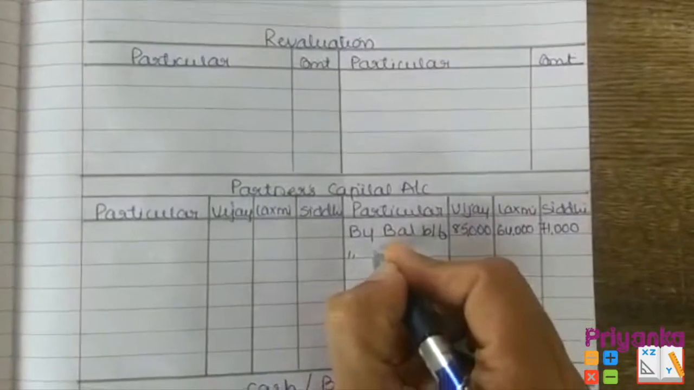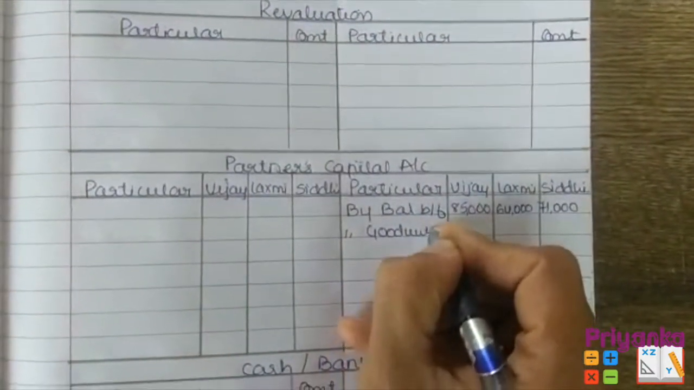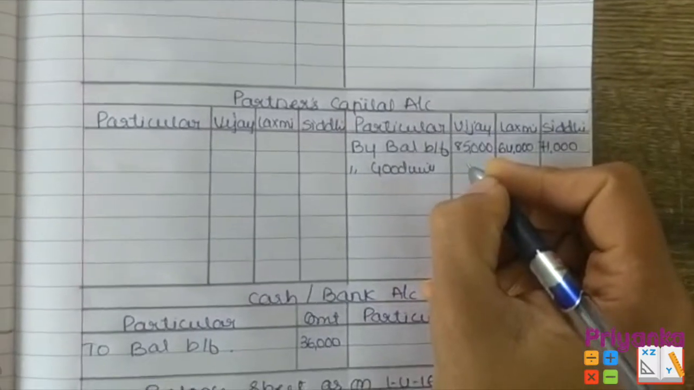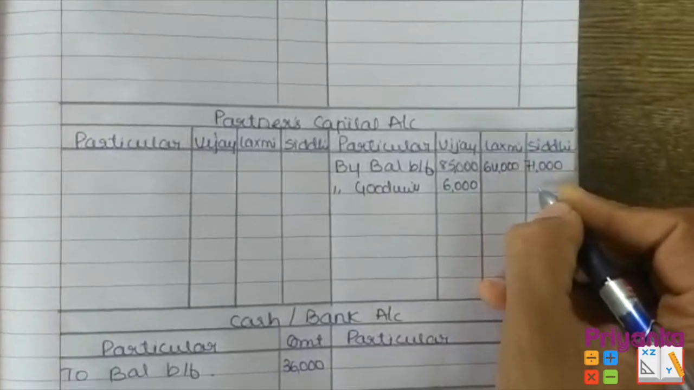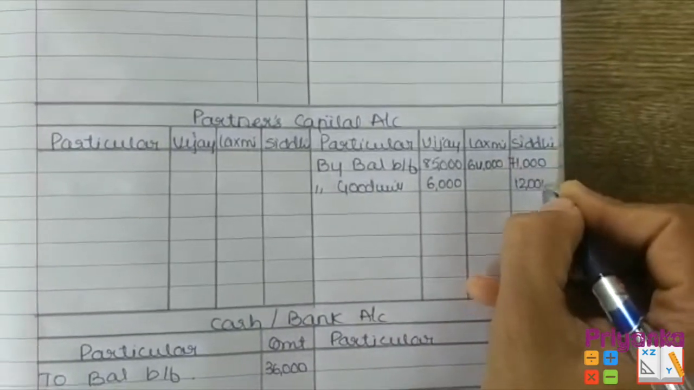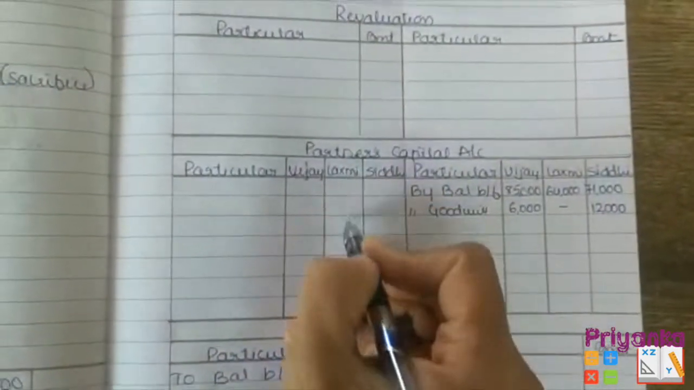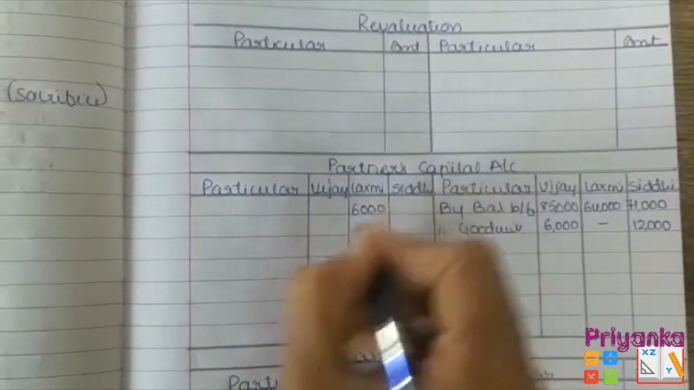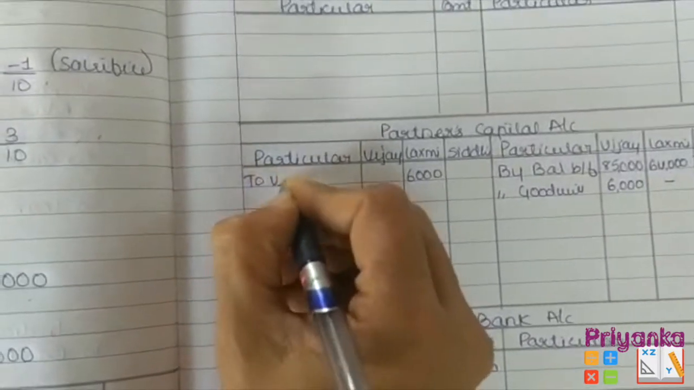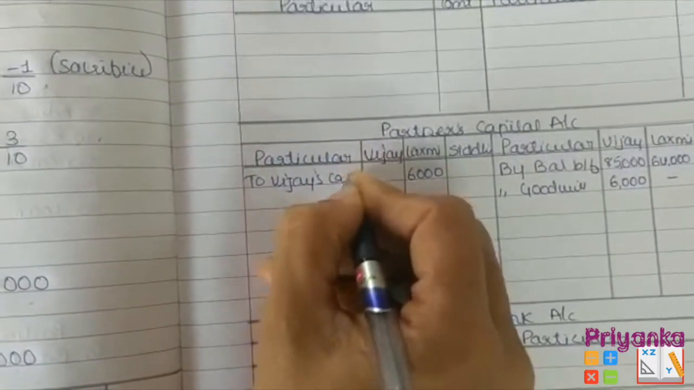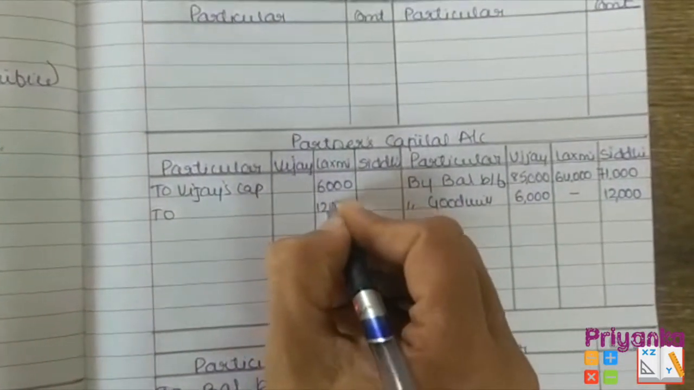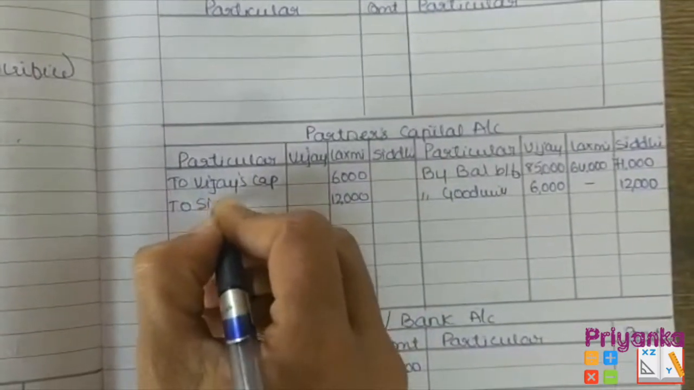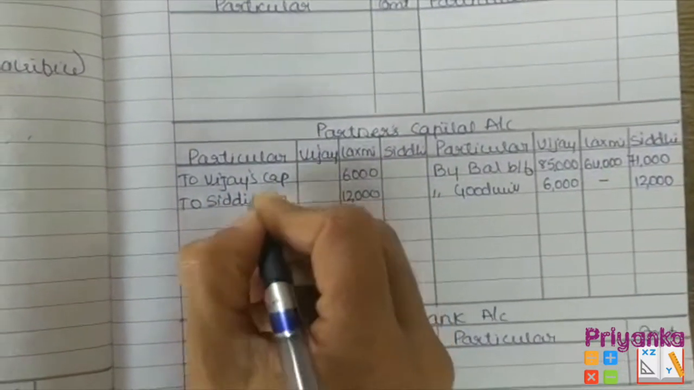Now, out of the new goodwill, Vijay, the sacrificing partner, is going to get 6,000, and Siddhi, the retiring partner, is getting 12,000, and both the amounts are given by Lakshmi, 6,000 to Vijay and 12,000 to Siddhi. So this is how we have to give entry for the new capital. That's it. Moving to the next adjustment,